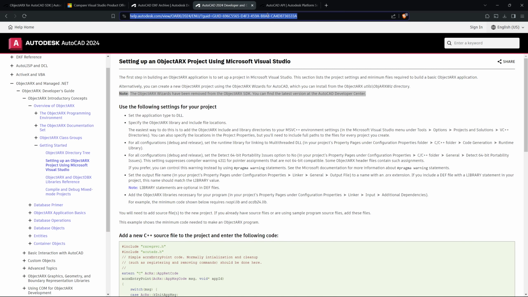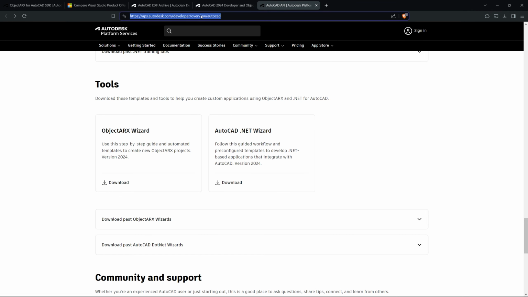Next, we are going to this link. It's the developer's guide. We are going to notice this note. ObjectARX wizards have been removed from the ObjectARX SDK. So you can find the latest version at the AutoCAD Developer Center. No links, nor anything. I don't know why they removed that, but we're going to search for them, and I've already done that for you. So the link,